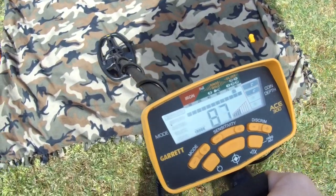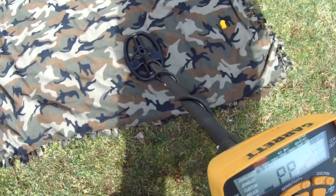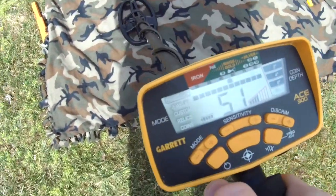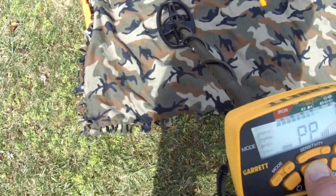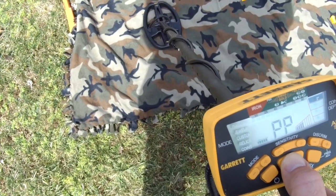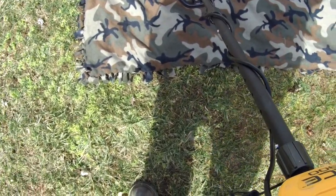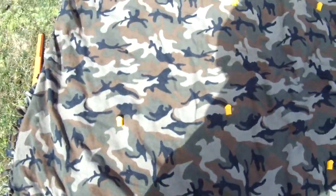We should have a quarter. I feel like I must be off on that dollar. 85 on that dime. There. I'm having trouble with this pinpointer in that mode now. Alright, let's try right there. And finally,